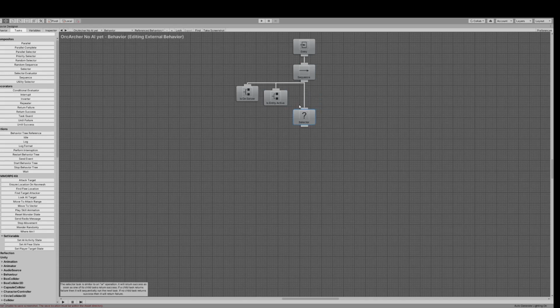Now you notice we're going top to bottom, left to right. So this selector runs all of the actions below it, and it returns a success as soon as any single one returns a success. So this is ideal for a bunch of options. I'll do this, or I'll do this, or I'll do this, or I'll do something else. And as soon as one of them works, it doesn't bother with all the rest of them. So let's have a look at